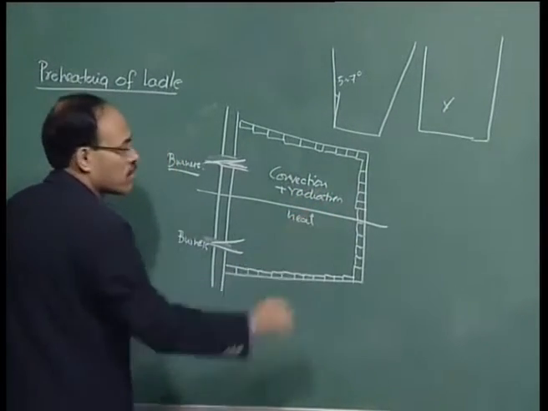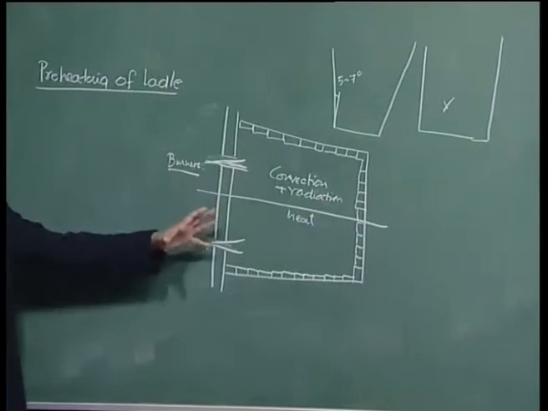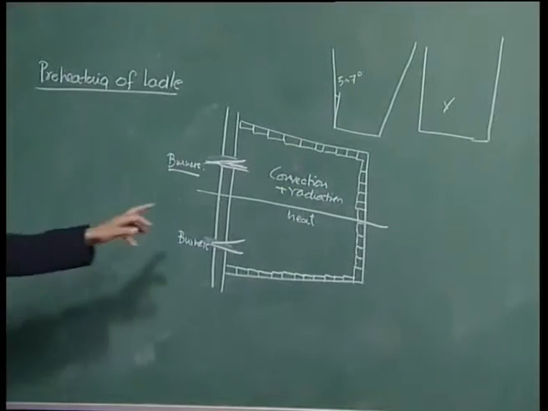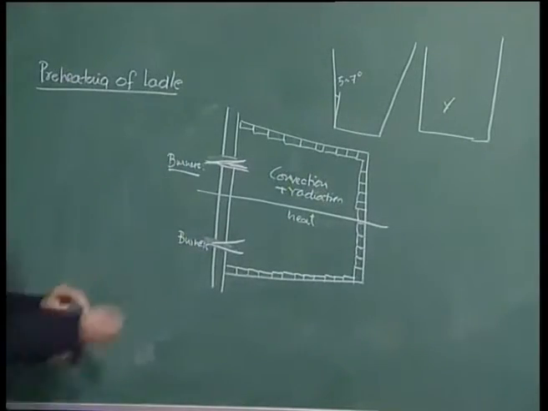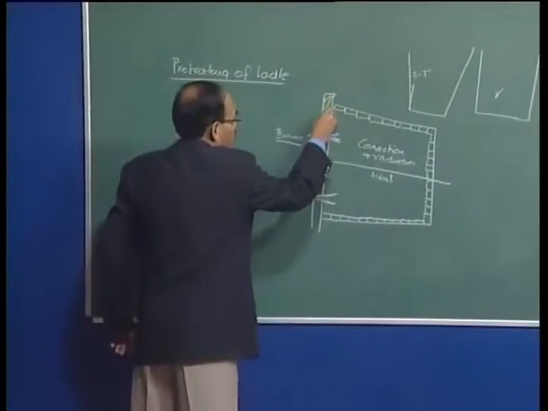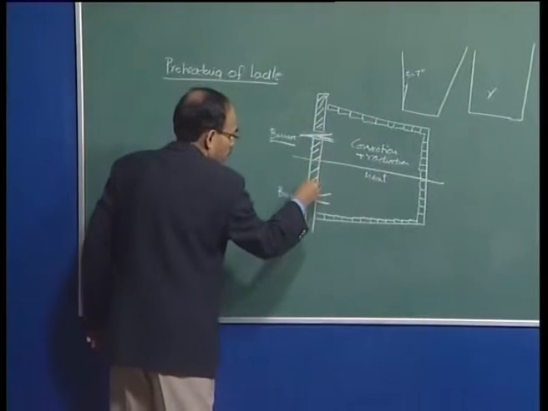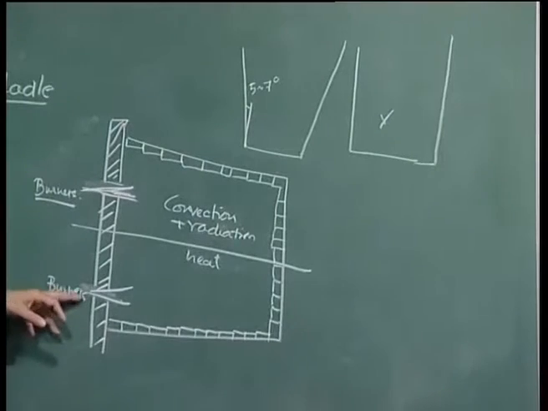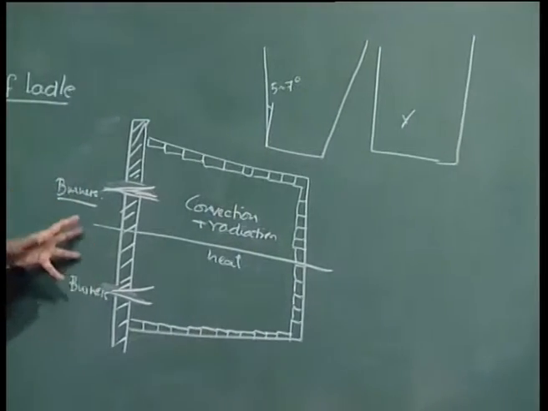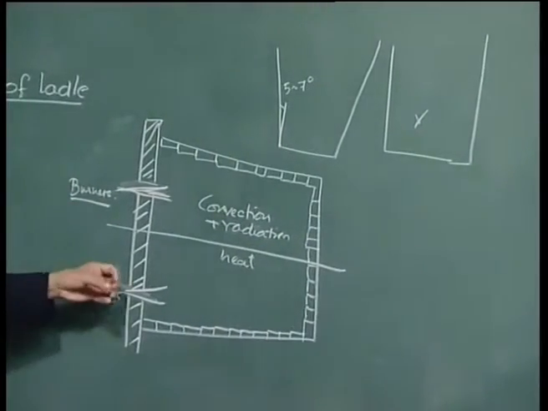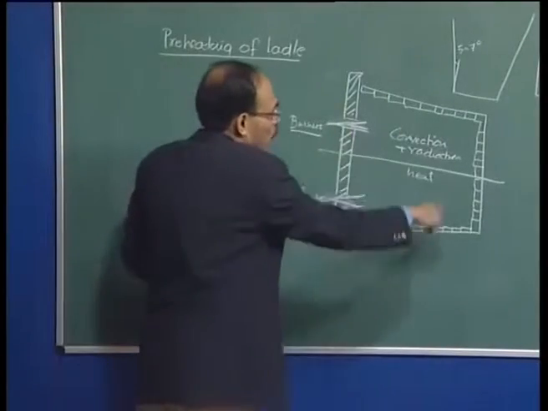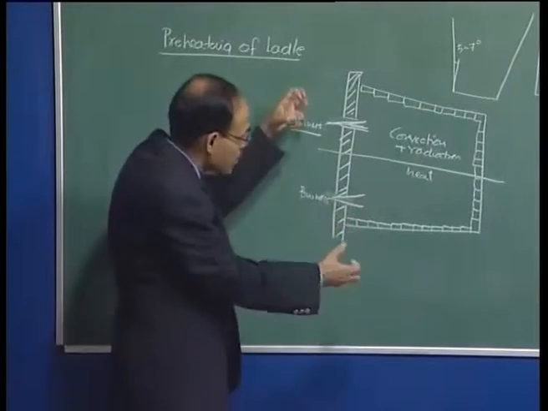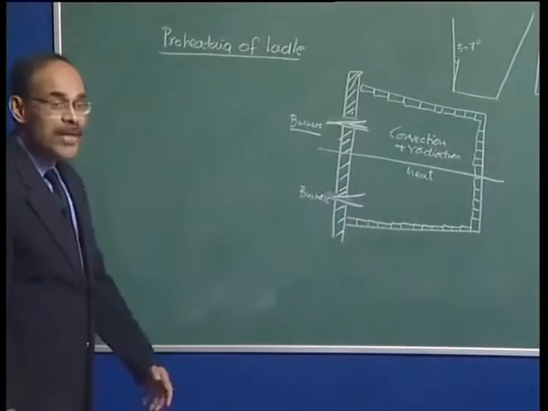In this chamber. Okay. So, before we take the ladle for a tapping operation, the ladle is going to be preheated. This is the cover, a refractory cover, and there are holes where we burn gases. These are gas fired burners, and as a result of burning the gases here, we generate an enormous amount of heat, which is convected and radiatively distributed all over, and as a result the ladle is preheated.